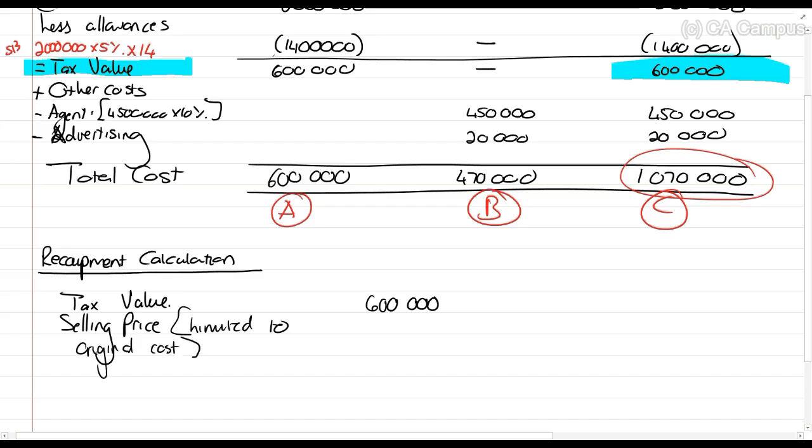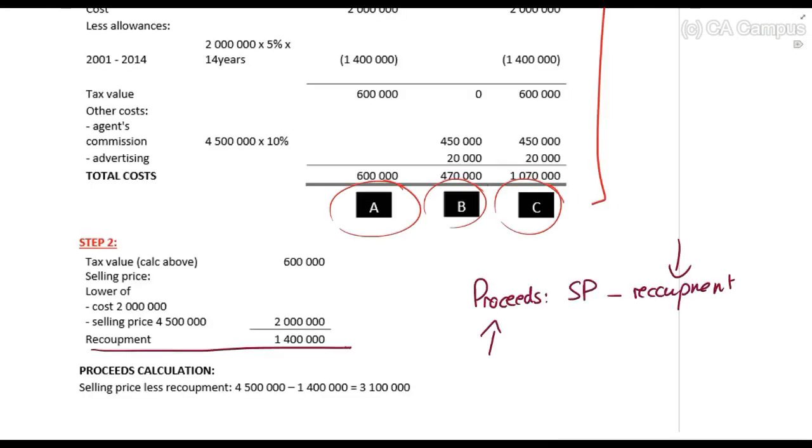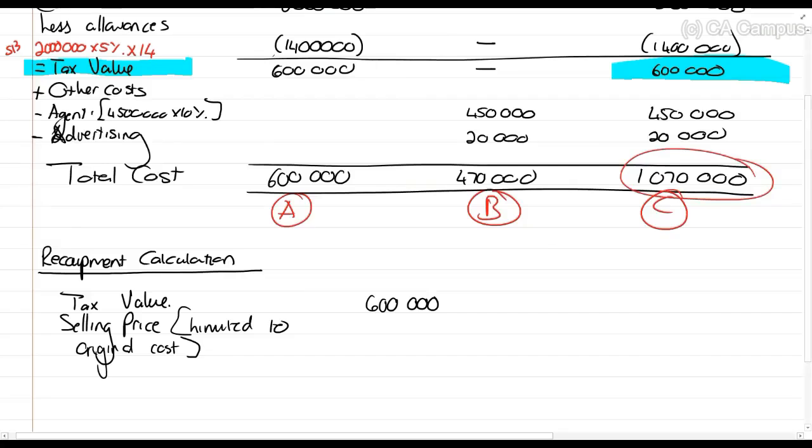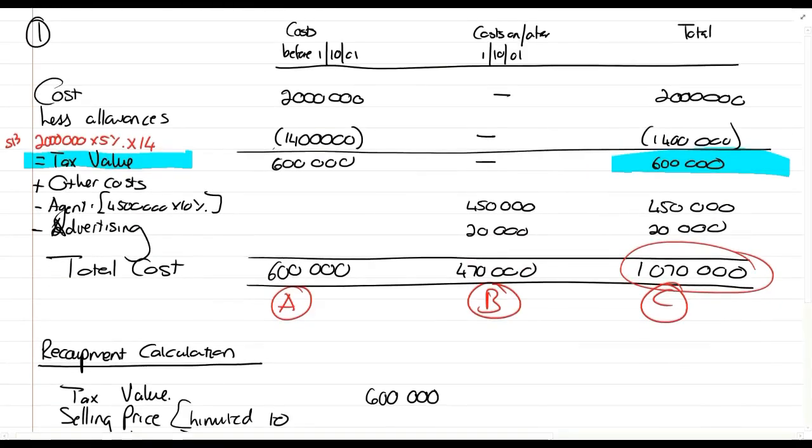Now, the selling price in this situation was 4.5 million, but the original cost was 2 million. Now I just want you to see why we do this. And again, guys, if you don't get recoupments right now, the calculation, it's not the end of the world. You will do it in more detail. Right. The selling price, what I want you to understand is that the recoupment can never be more than this